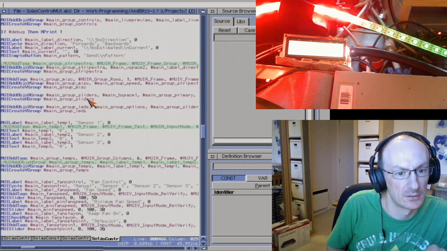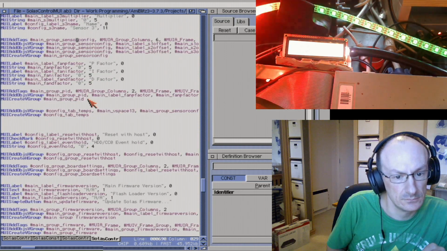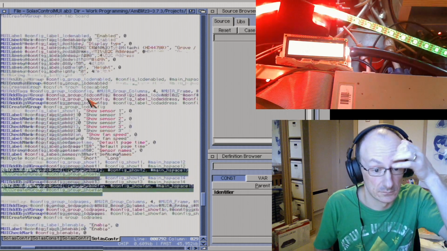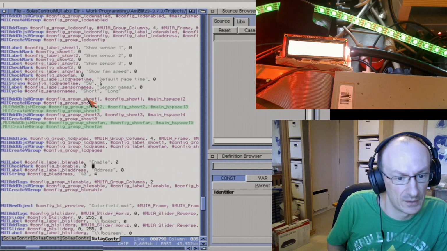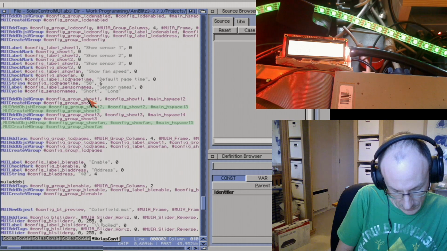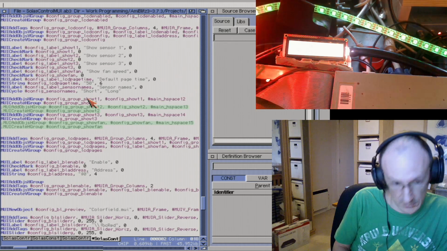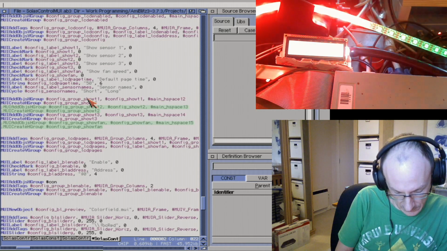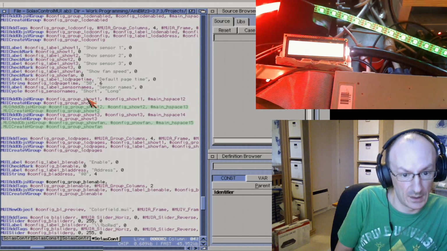Let's go back down to where we were. Okay, so config label BL enable. Now, this is where we are. This is our config. This is our checkbox, checkmark. And what we'll do is, we'll add those 2 objects to the horizontal group. So just, it's called, and we are adding,